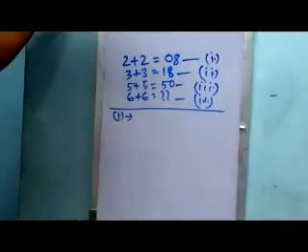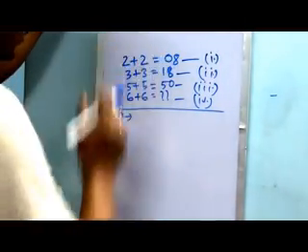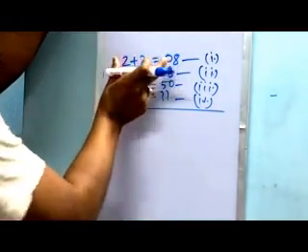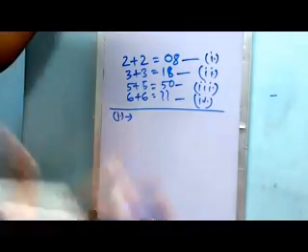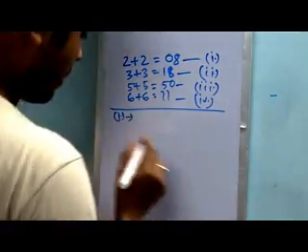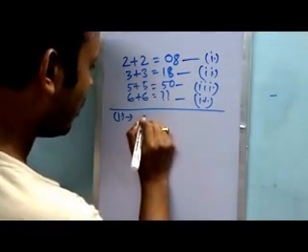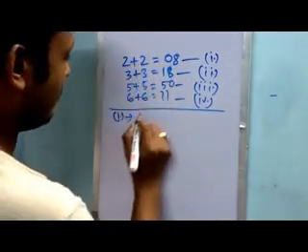How is this possible? First of all, you have to find what logic is hidden in every line of equation. That's the only way to solve this type of mathematical riddle, or brain teaser, whatever you want to call it. So 2 plus 2 equals 08. So what actually gives the value?